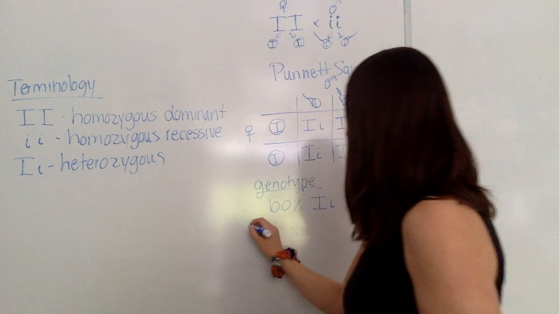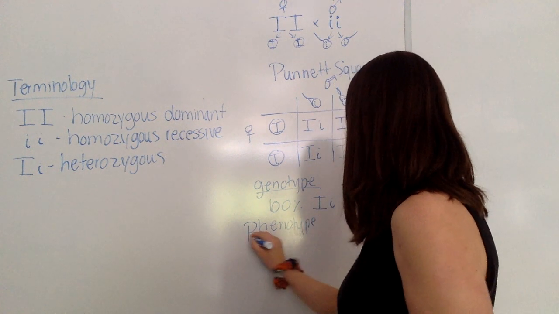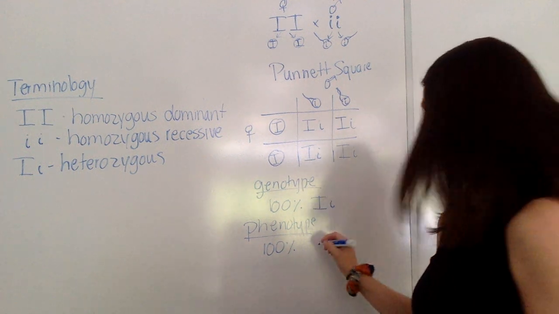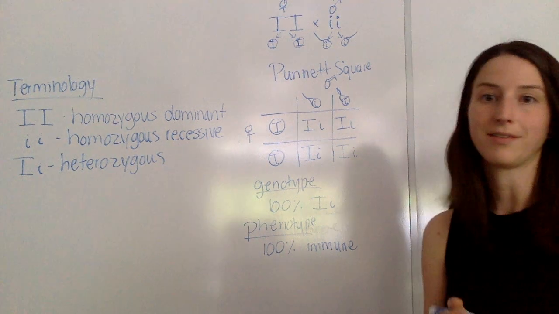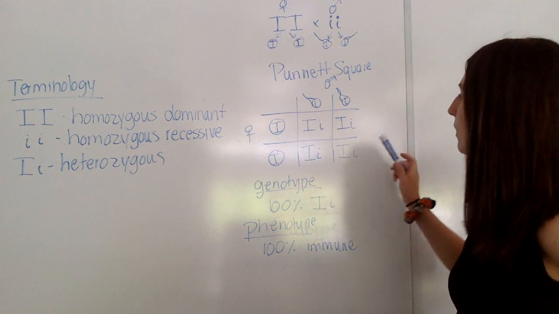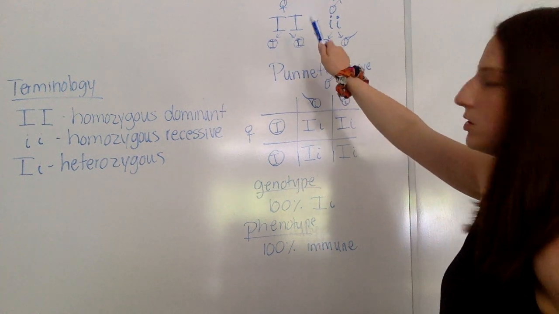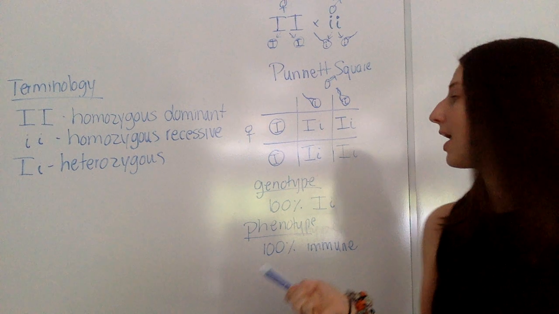And phenotype: we have 100% immune to poison ivy. So if you have a person who is homozygous dominant and they have offspring with anybody,